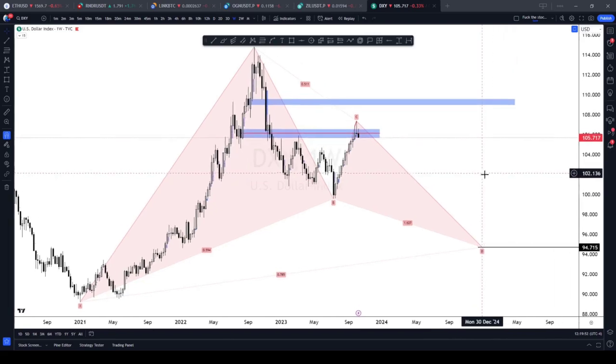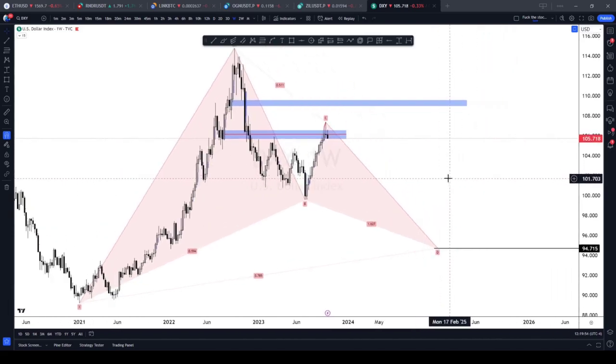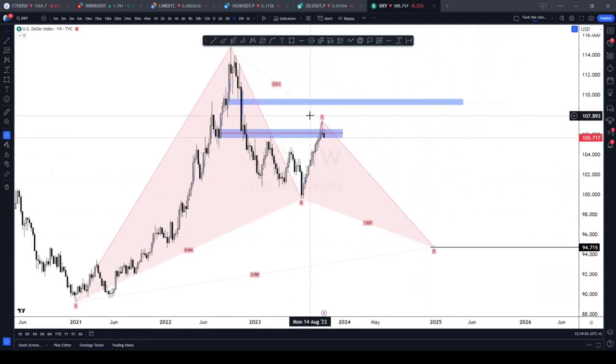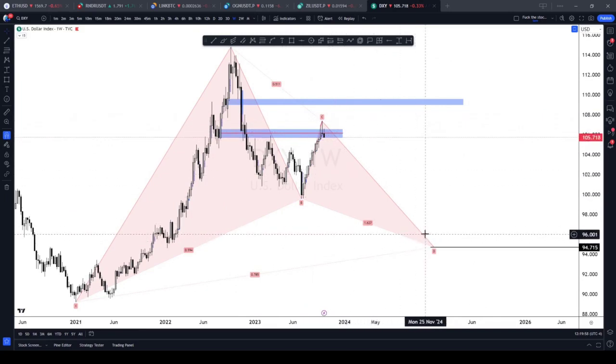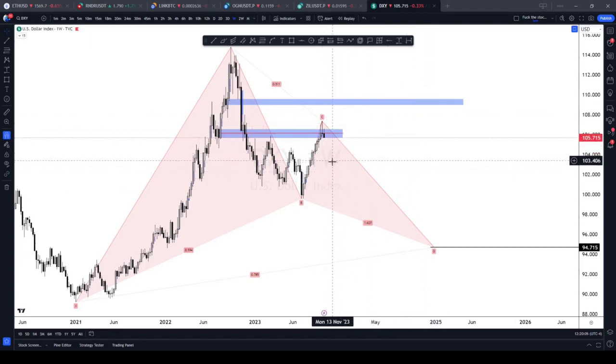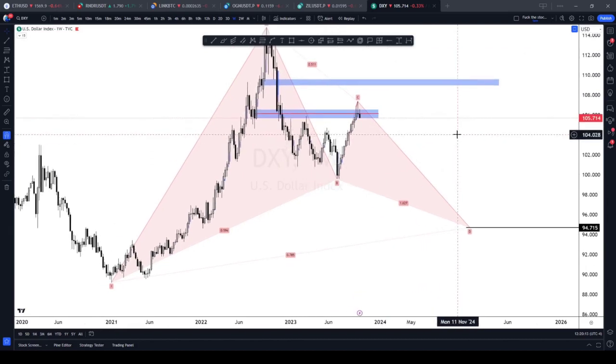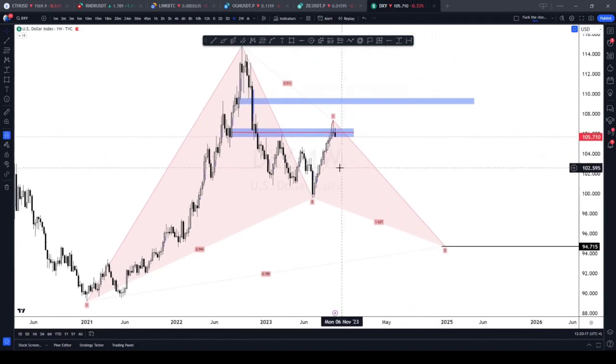First thing I'm looking at is we do have a bearish Gartley forming, or it's a bullish Gartley. I'm looking for a bearish leg down to the D point here, around $94 if this plays out. But just to go over some of the basics first with the harmonic, we have the 618 here. This can still push up into an 886, so we can still see the dollar rise higher, right? We could come all the way down a little bit here and then back up, and this could take years